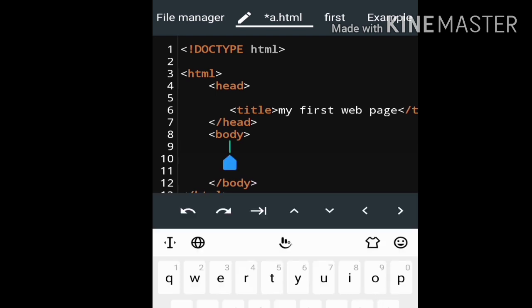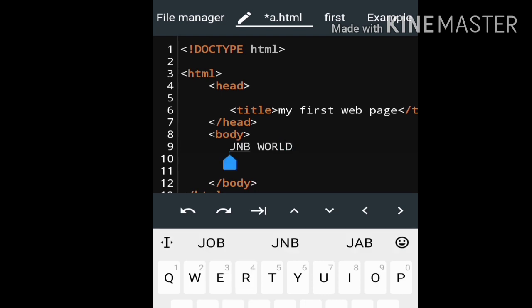See here, I am writing some code. For example, I am writing JNB World, which is my channel name. I want this in bold letters.